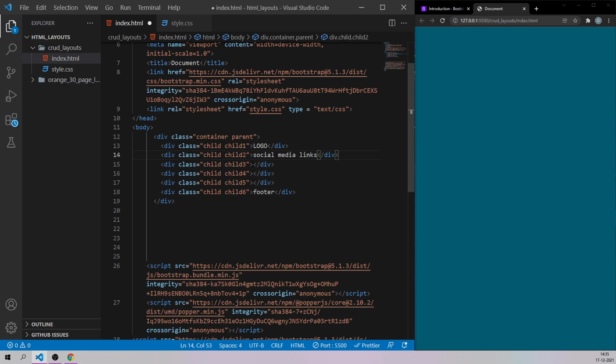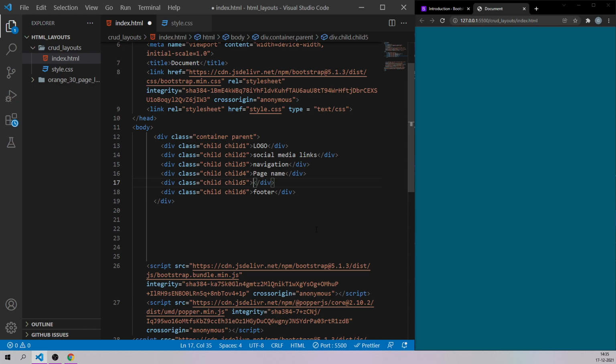Then child 3 will be the main navigation of this application. Then whatever page it's on, that page name I'll put in a separate division. I'll name it page name. And then this will be the main content page of the application.